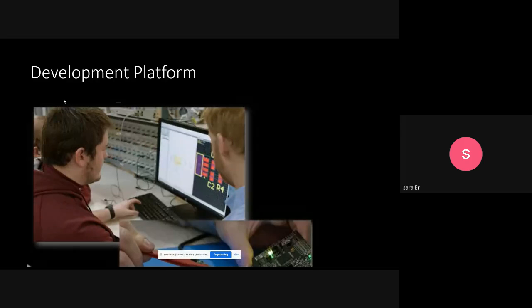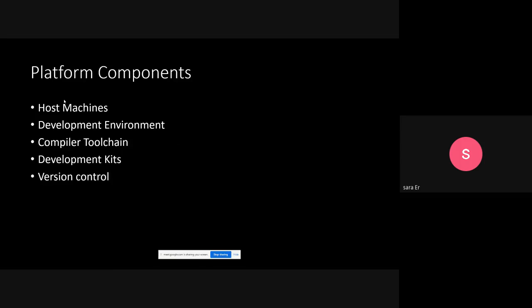A development platform is an environment where the software engineer performs coding and can interact with the board and chipset by using his or her PC. A development platform contains host machines, development environments, compiler toolchains, development kits, and version control.